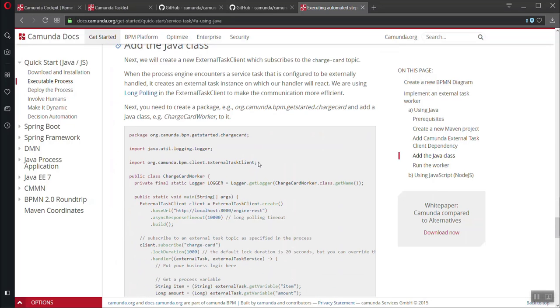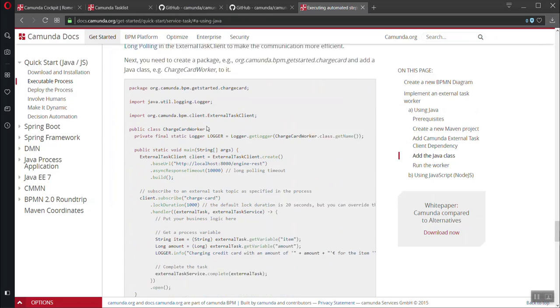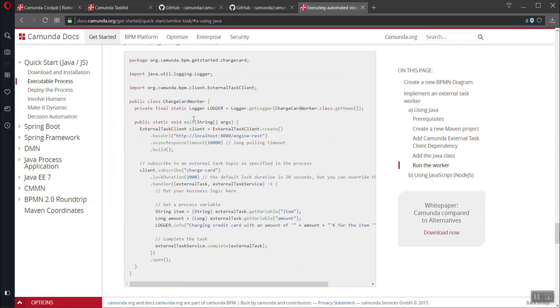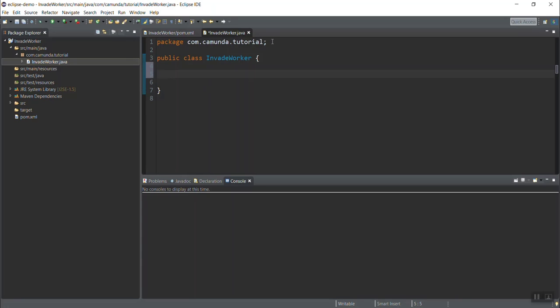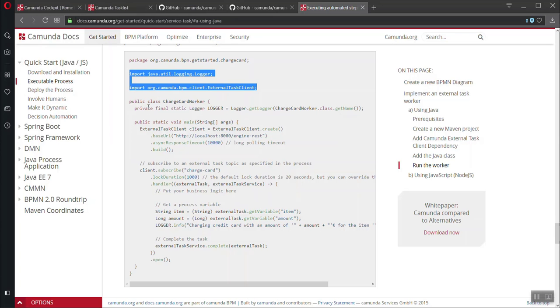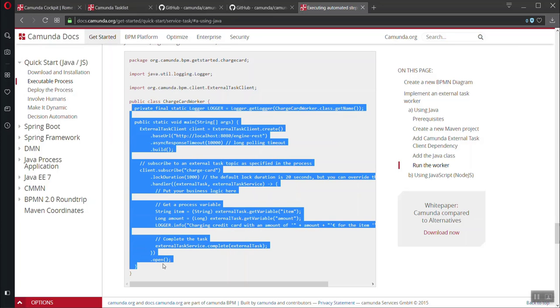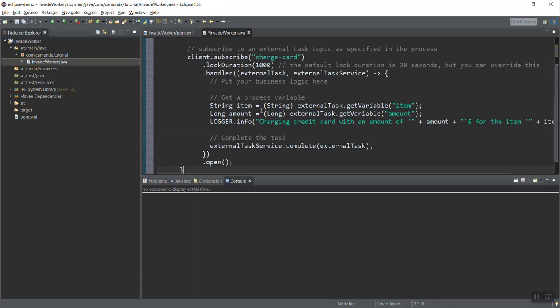So if I go down here on that same link on the Get Started guide, you see they have very, very kindly given me an entire class to work with. I'm first going to copy the imports. Okay, so let's put those guys there. Now, because we already have the dependencies added, those imports should be fine. And the next thing I'm going to do is grab all this stuff here. All looks very nice. And I'm going to pop it in here.